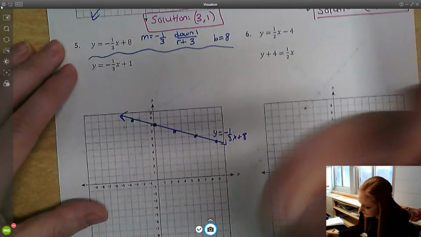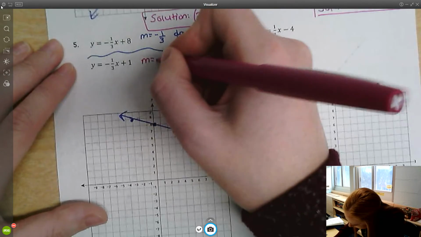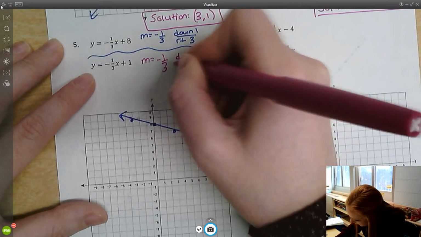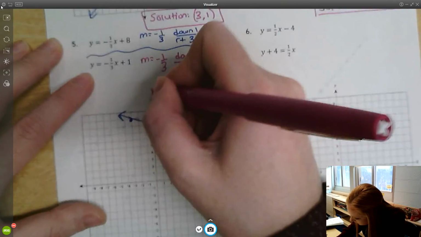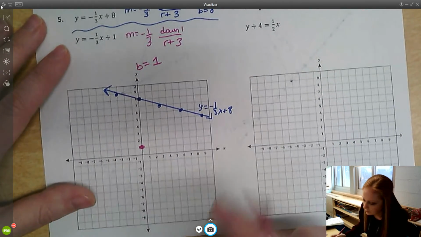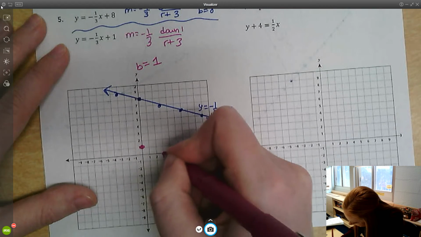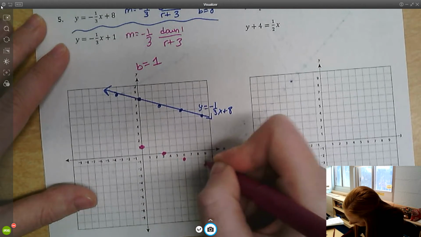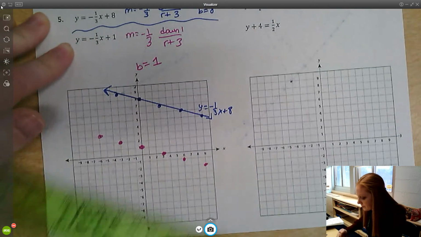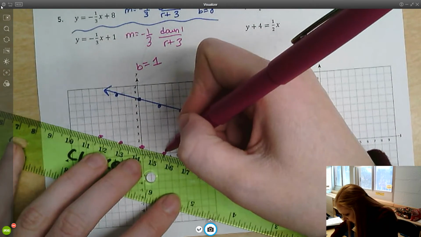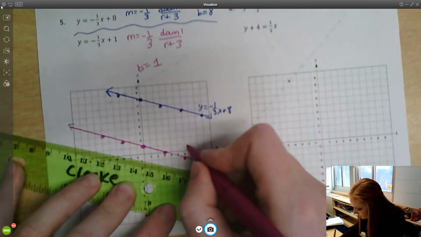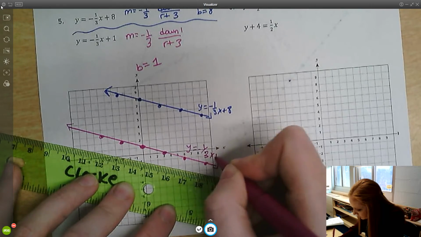Okay, and now for my pink line. Interesting, my slope is negative 1/3 again. So I'm going to, again, be moving down 1, right 3. But this time my b is 1. So I'm going to begin at 1, but I have the same slope. Down 1, right 3. Up 1, left 3. Interesting. If I connect these and go all the way through my graph, y equals negative 1/3 x plus 1,